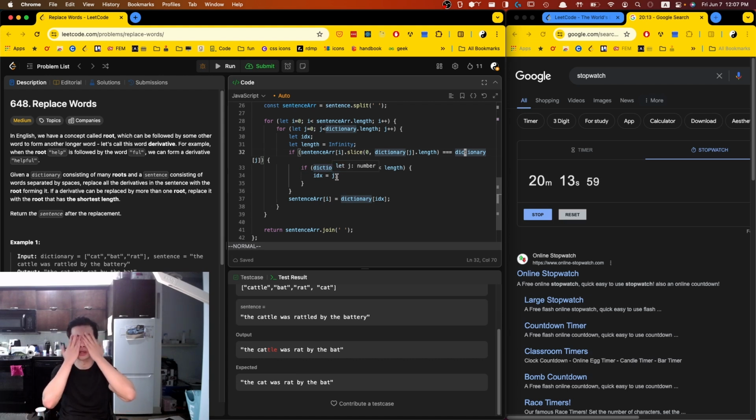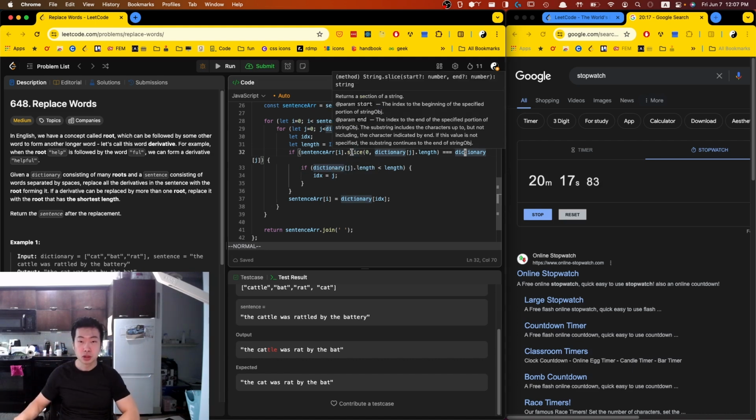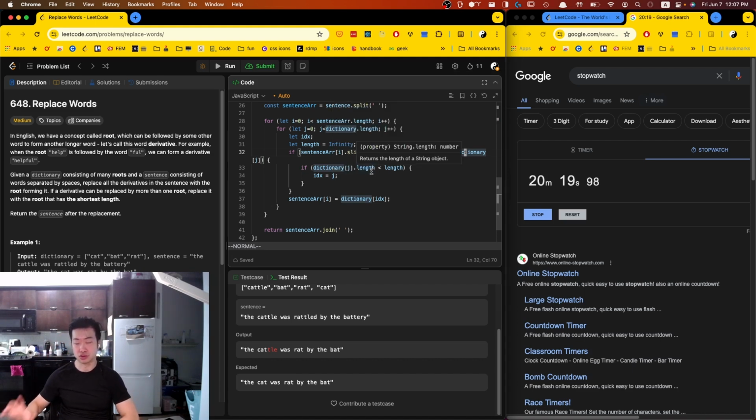My cat hair is making me feel itchy in the face. We do a comparison of the root's length with our length variable to see if it's the shortest. And if it's shorter, we reassign the idx variable to the index of this particular root. And at the end of this loop,